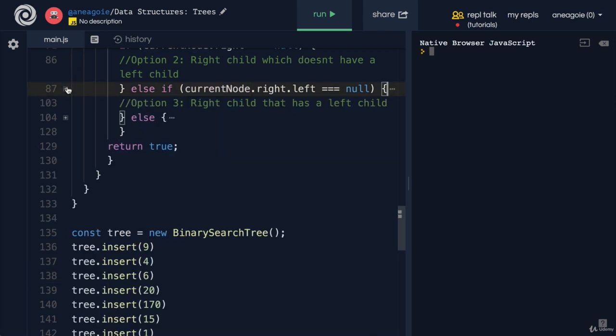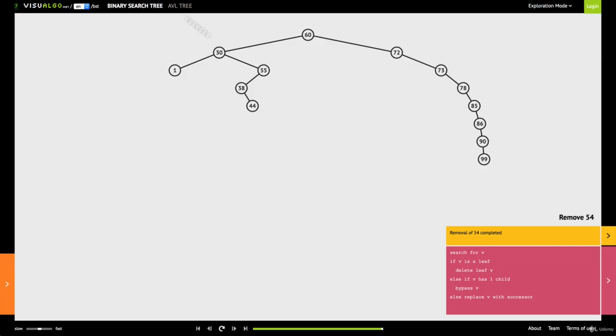What about the last option? Right child that has a left child. So if we go here, we have a right child. Let's say if we want to delete 30, that has a left child, 38. So if we want to delete 30 and hit go,